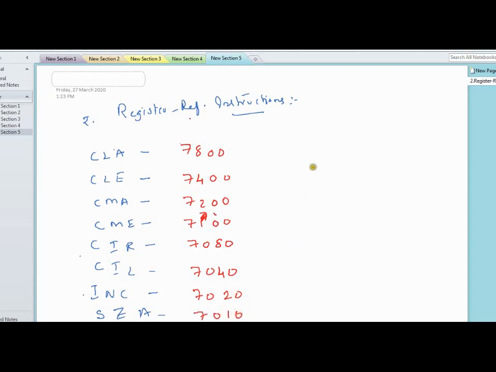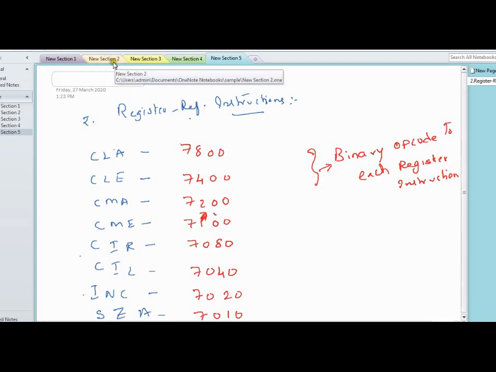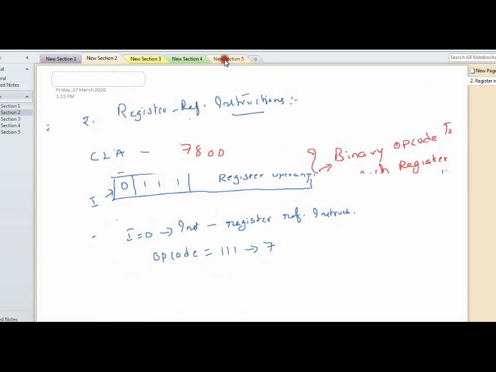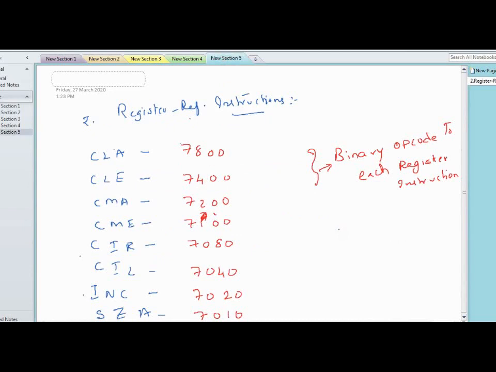This is how we will assign the binary opcodes to each register instruction. It can be changed also, but it has to follow these rules. For register instructions, you have to follow these rules. Based on these rules only, you have to assign the binary opcodes.